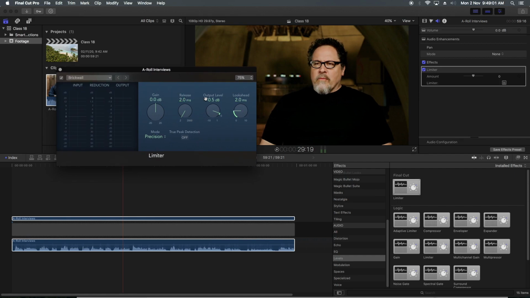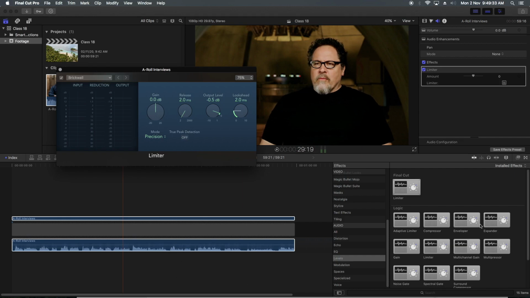Now there are four different buttons. One is gain, second is release, third is output level, and fourth is look ahead. We only have to change two buttons: output level and gain. Gain is how much gain we want to increase, and output level is at what dB we want the software to compress the audio down.